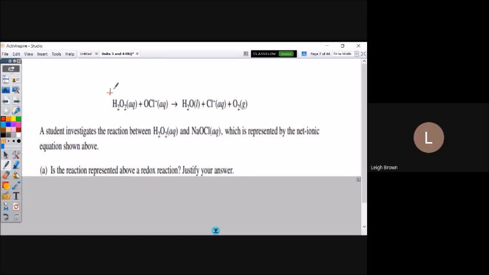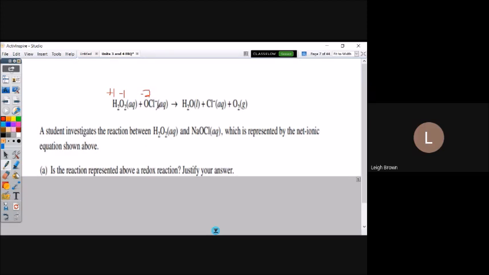Hopefully you know that hydrogen, when it's bonded to a nonmetal in a compound, is going to have an oxidation number of +1. And then oxygen typically is -2, as its normal ionic charge we think of. But when we see peroxide, this is the one time that you have to remember that it's -1. And that could come up with oxidation reduction. Now when we get to this hypochlorite ion, again, oxygen in